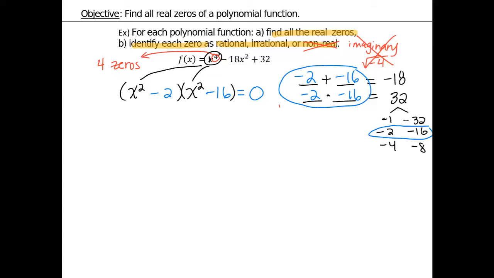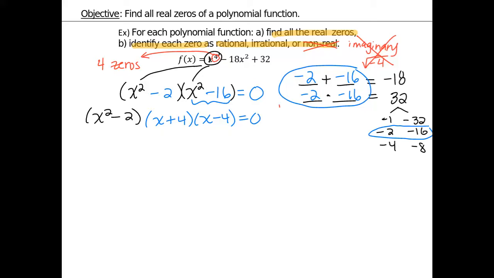And then I need to check to see if I have a difference of 2 squares. Because I have squares, I need to check for a difference of 2 squares. This one's a difference, but 2 is not a perfect square. This one's a difference, and 16 is a perfect square. So then I can split that further. This will become x squared minus 2. And then this, I need to split it into x plus 4, x minus 4,